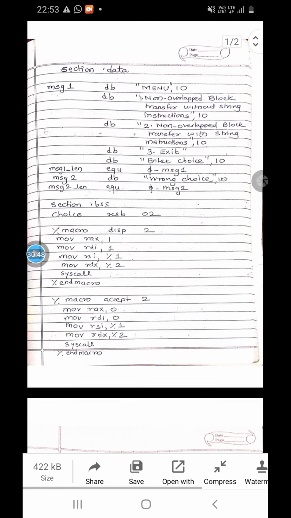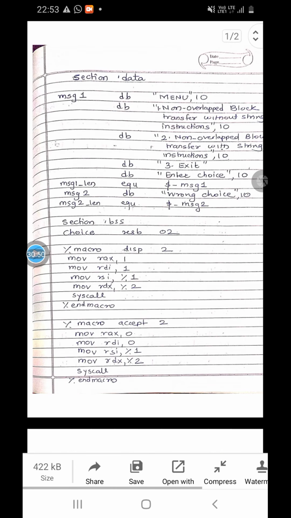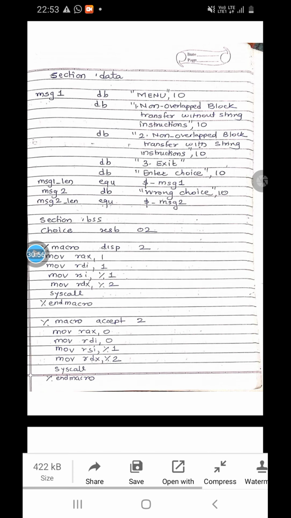So see, in this case we have to declare the message, say message 1 db, we are declaring this menu. Then under this, db again we write non-overlapped block transfer without string instruction. This is your first option. Then second option is non-overlapped block transfer with string instruction.